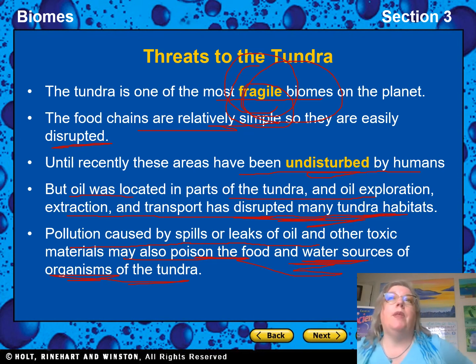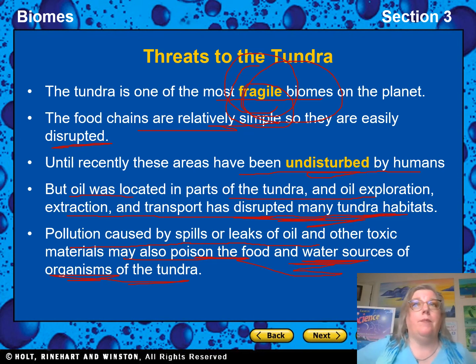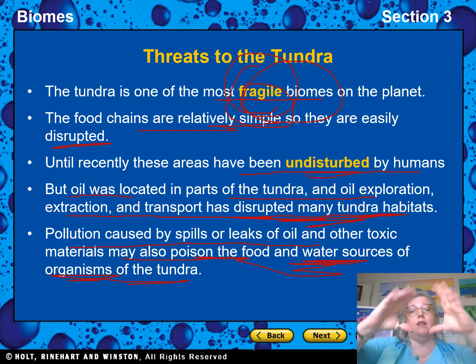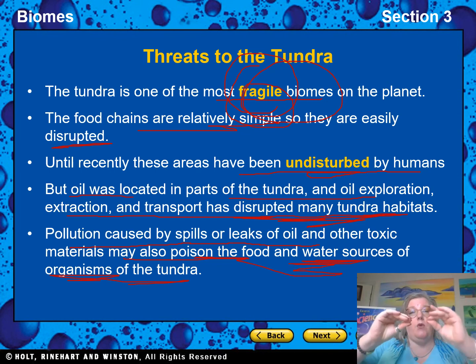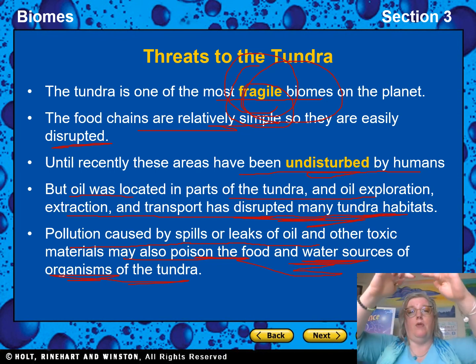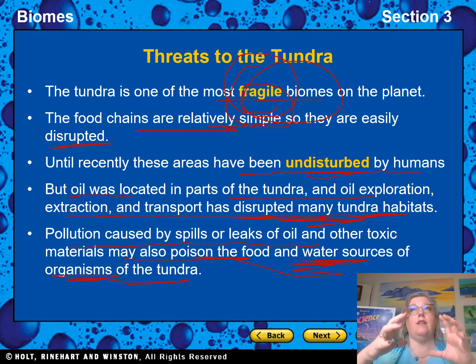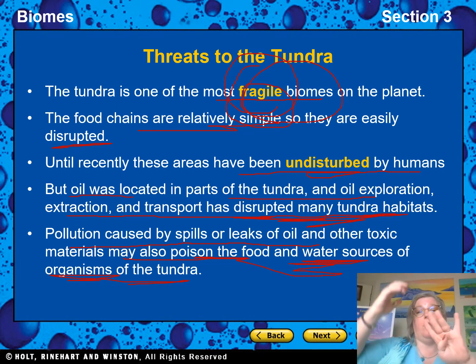All right, so let's have a quick review of what we covered. Remember, in section 1, we learned that the biomes were organized by where they were in the world: equator, temperate zones, or poles. And there were two things that determined what kind of biome you'd have: the temperature and precipitation. Then in section 2, we learned about the biomes that have enough rain to make a tree. So there were four